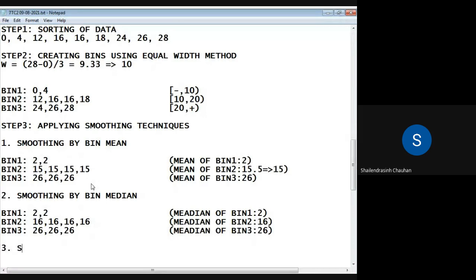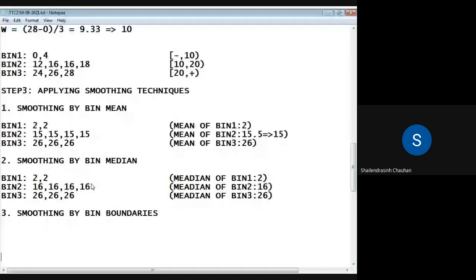And the third method, smoothing by bin boundaries. Bin 1, bin 2, bin 3. You need to find out the boundaries for each bin.